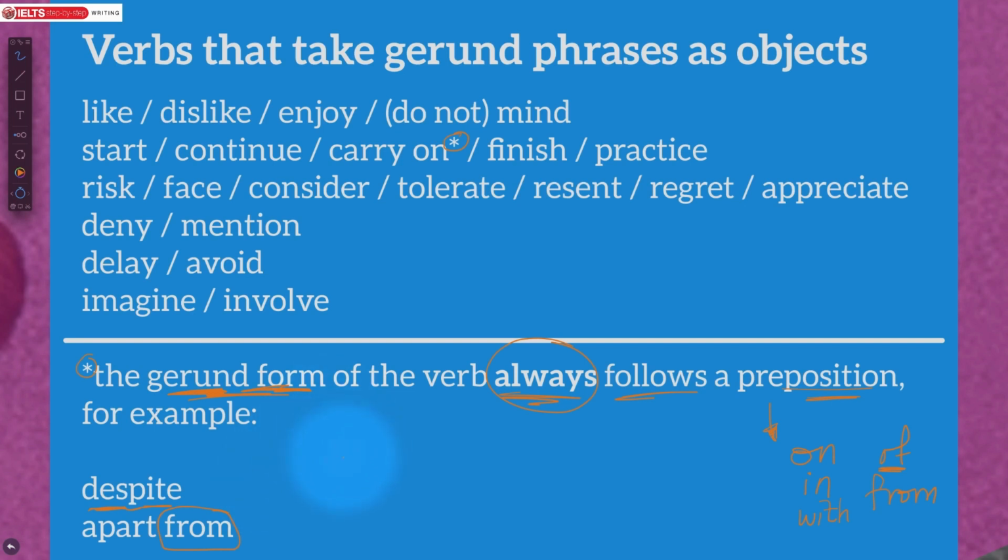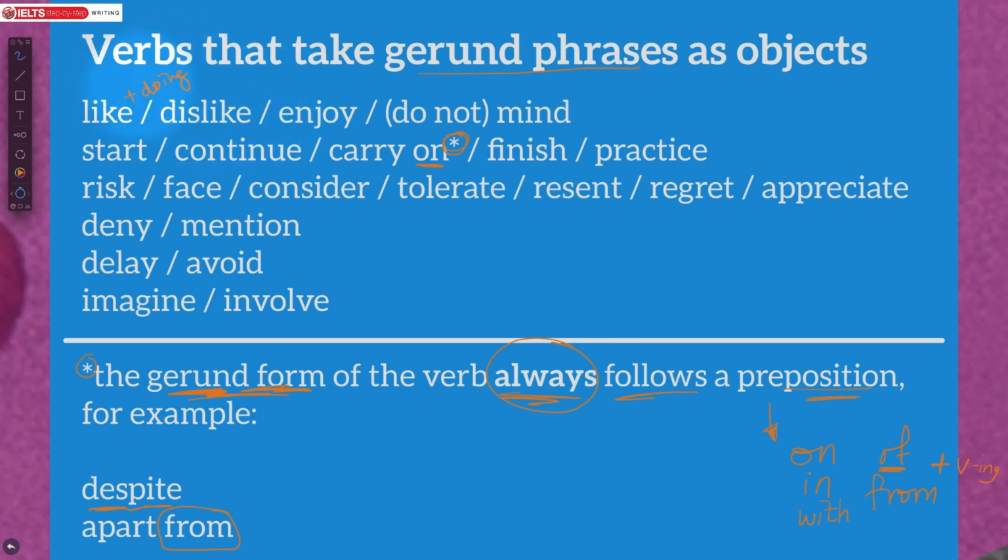Okay, so the preposition on, in, with, of, and from always have the verb ing form after them. And so that is the reason why carry on over here, it's this word itself that's giving us the chance to use gerund phrases as an object. So I think that's all I want to say. Just one, yeah, so remember, like doing something,